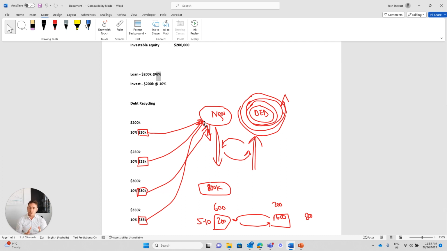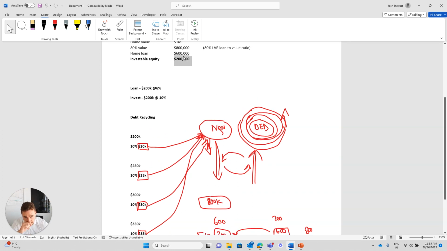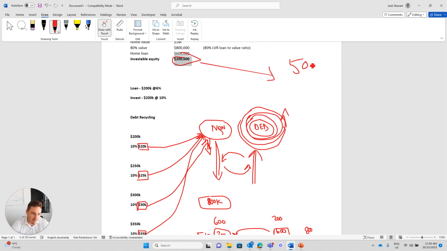At some point it will be. So extra cash flows can go in to pay your non-deductible debt down. You've used that to take out a bigger loan, maybe that 800,000 against that security, and what that has gone into is that you've bought an investment property for $500,000 and you've got a loan of, let's just say, 325.